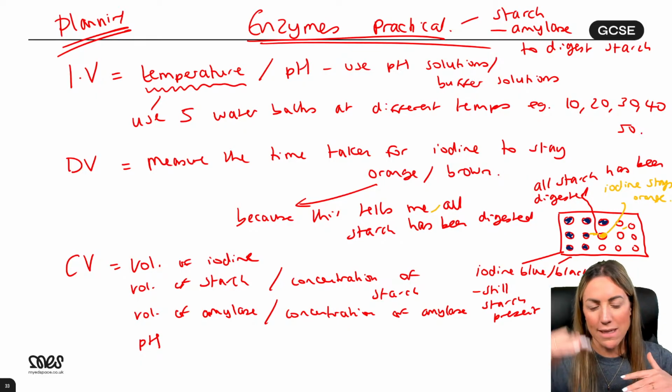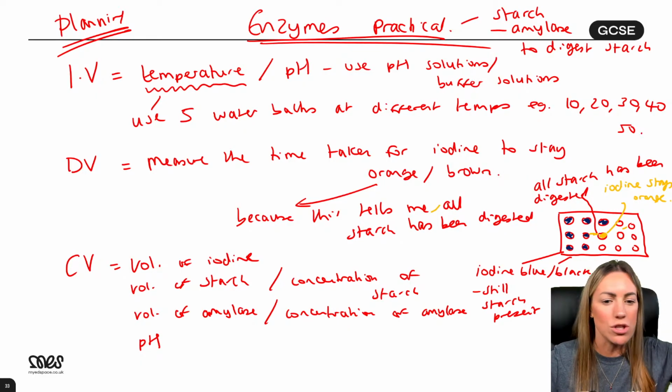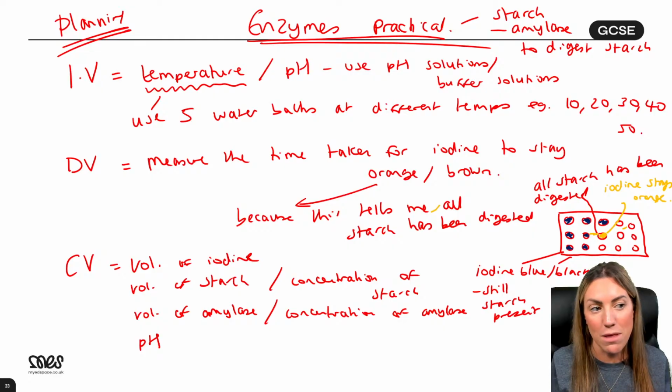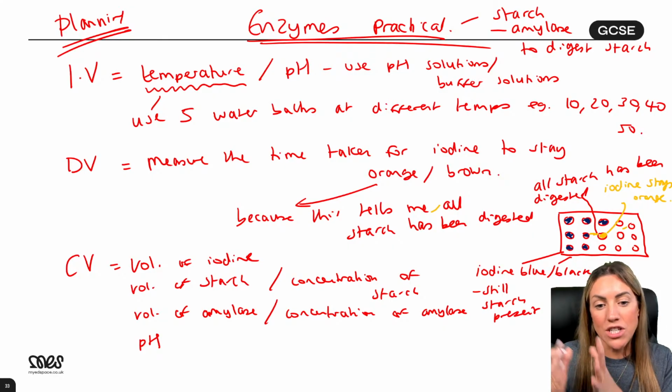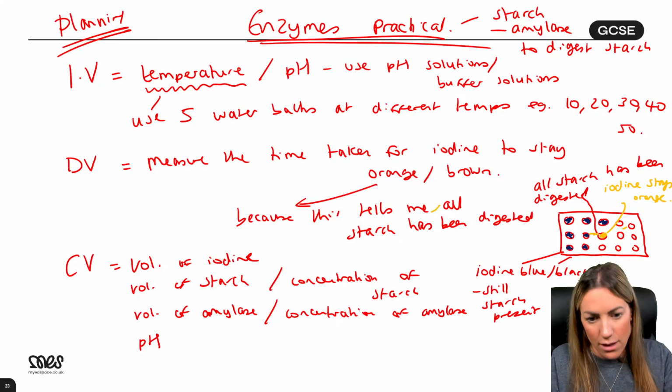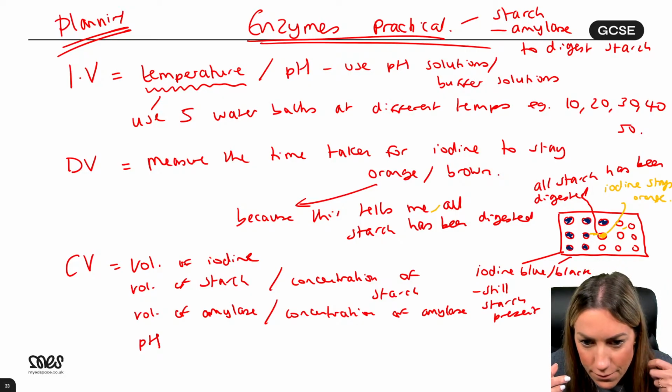It helps because it helps you to step it through logically. You could use numbered steps, but this is like how I start it. And then I might do a few extra sentences just to explain a bit more detail about the method. But the examiner is really looking for what are you changing and how, what are you measuring and how, and what are you controlling, your control variables.